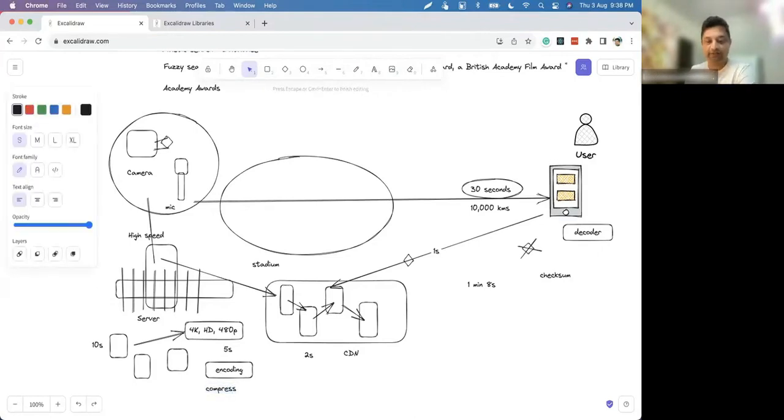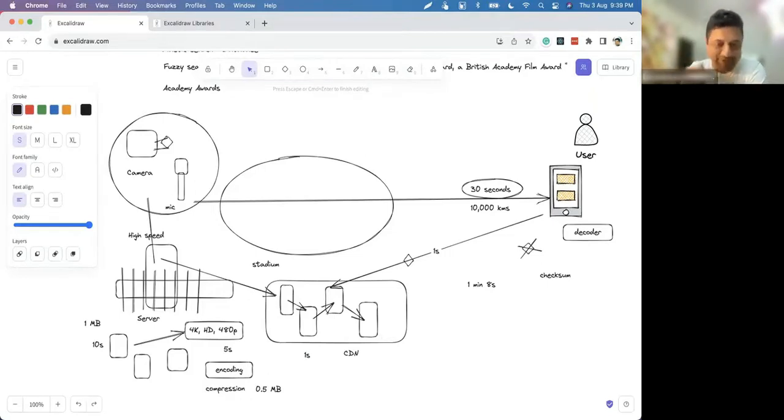So even if the 10-second video is 1 MB, let's say, with compression this gets reduced to 0.5 MB. Right? So then what will happen? This time will be saved because now the content is compressed.